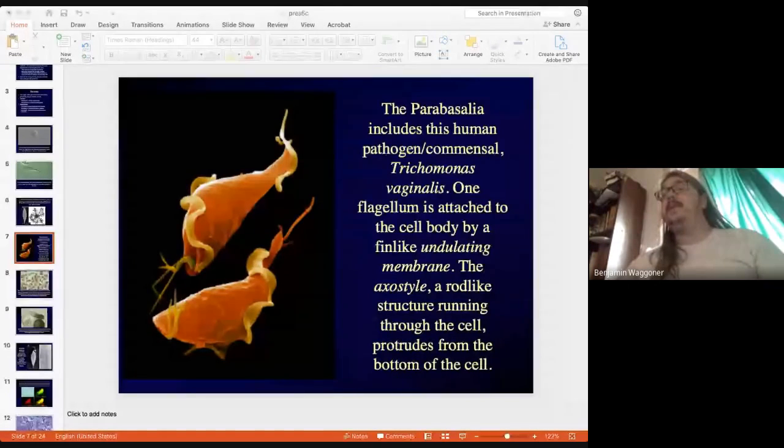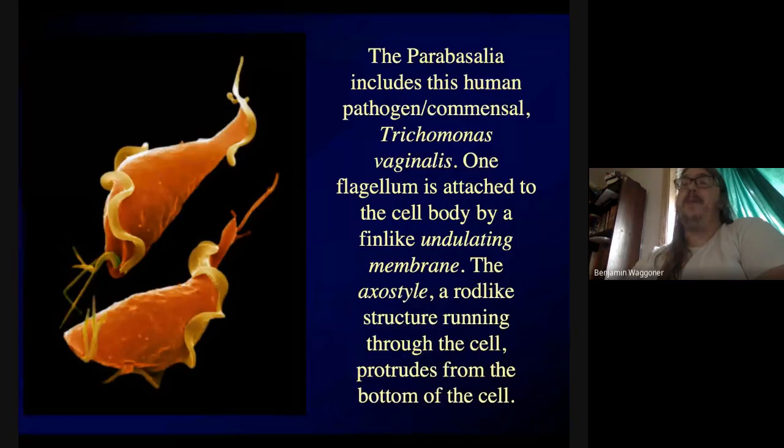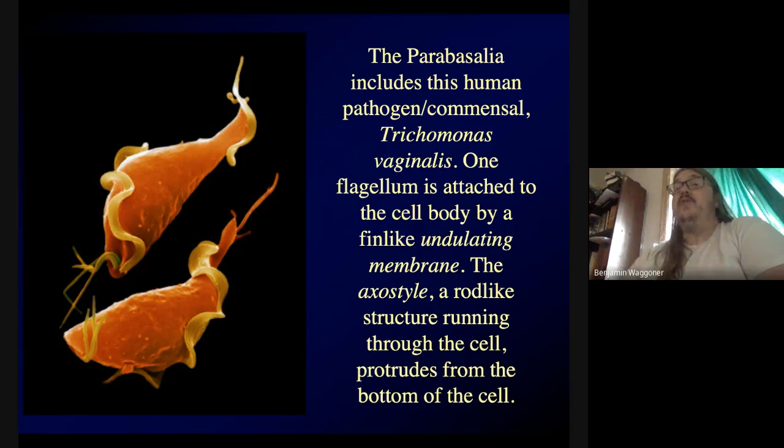Okay, you should be able to see there's 3 flagella sticking out of the end over on the left side of the picture, and this is convergent with trypanosoma. The 4th flagellum is webbed to the cell body by this undulating membrane, this fold of the cell membrane that makes a sort of fin. And as far as I know, this is convergent evolution, but you can see it pretty clearly here.